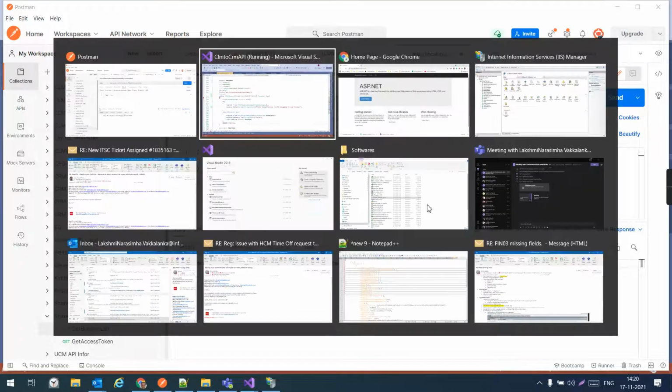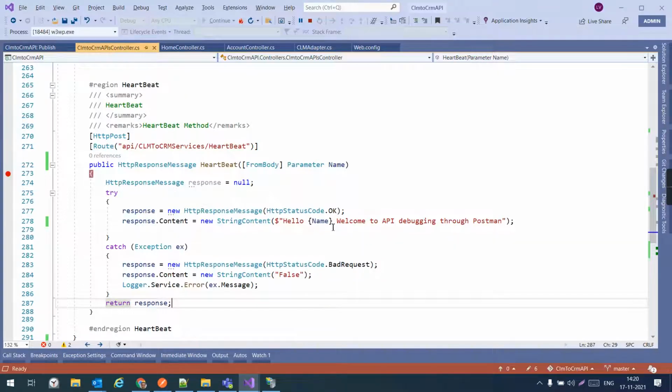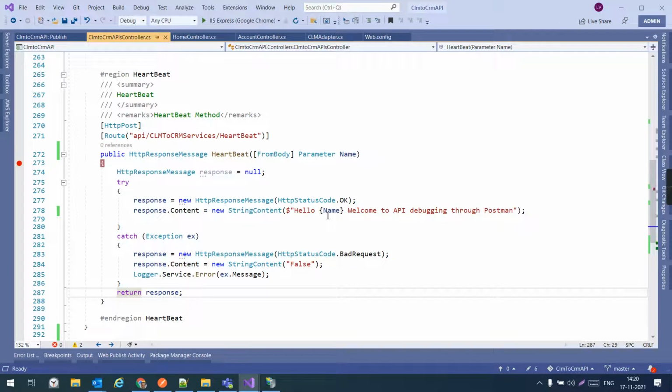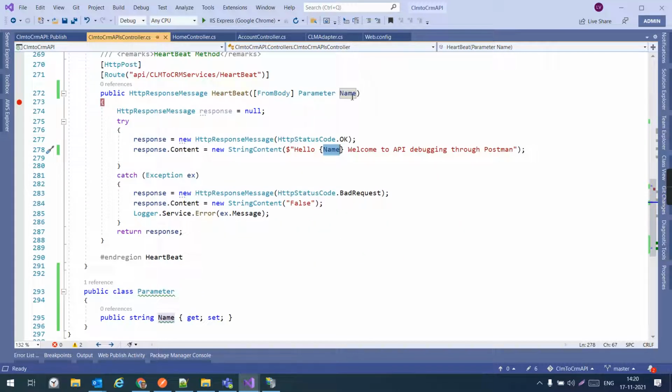Oh, just a second. Here we cannot directly access it like name. So what we need to do is change this name to input name class.